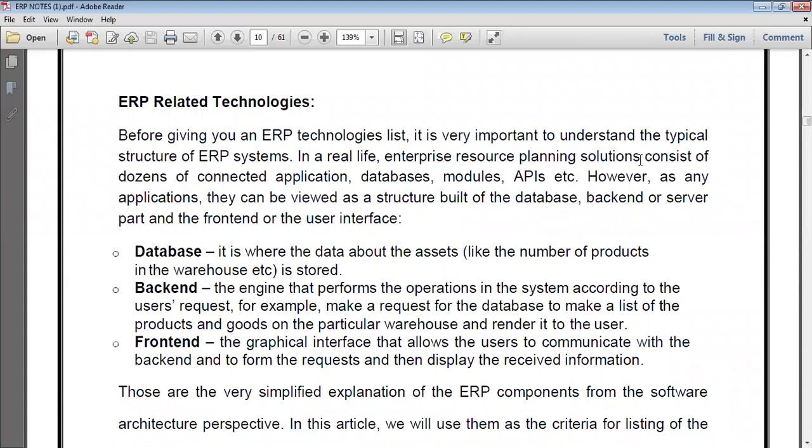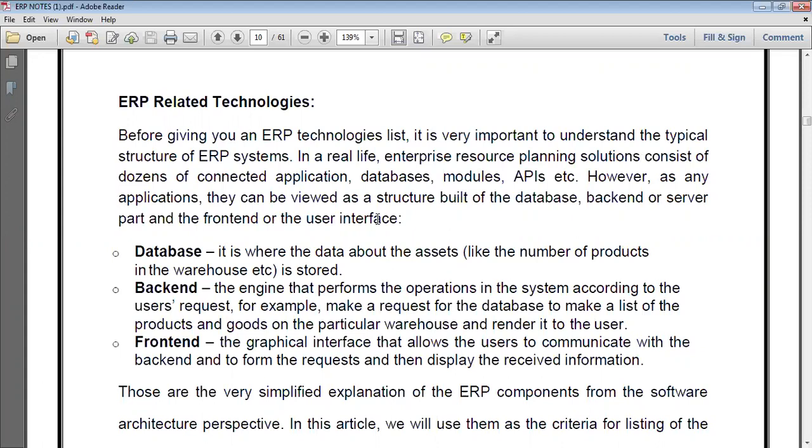Enterprise resource planning solutions consist of dozens of connected applications, databases, modules and APIs, etc. However, like any application, they can be viewed as a structure built of the database, the back end or server part, and the front end, the user interface.